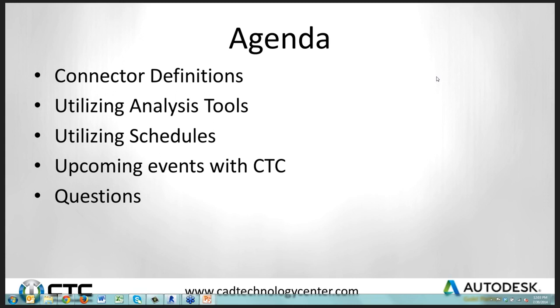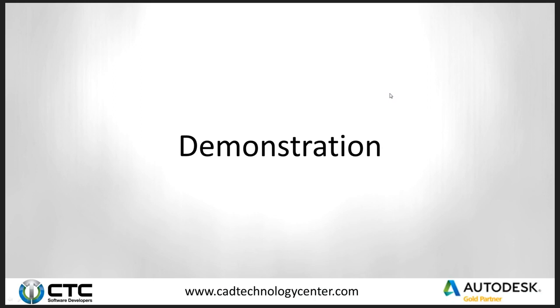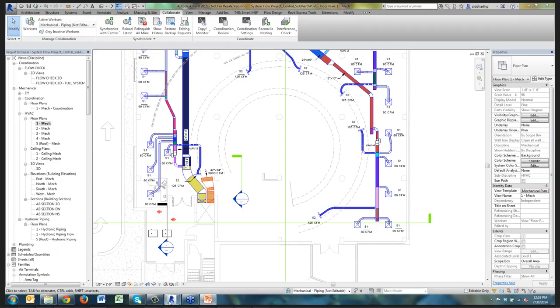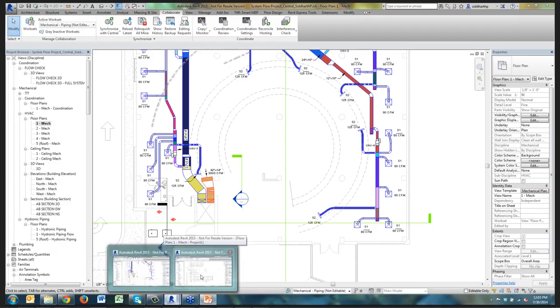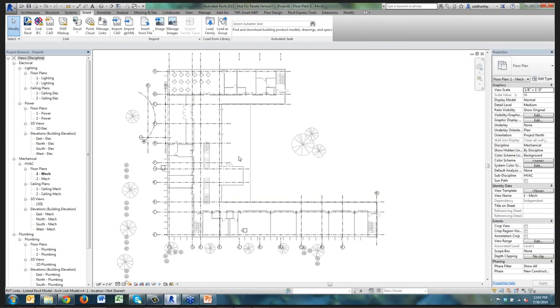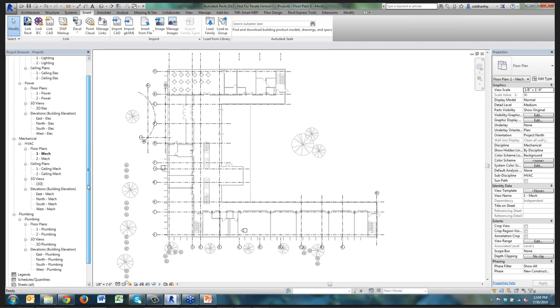All right, so with that, let's begin the presentation. And what I'll do is I'll jump into this model that I have open inside Revit. And before we get into that system, what I would like to show you is just the basics of how the system works together. And I have open in front of me a project that was started with the systems